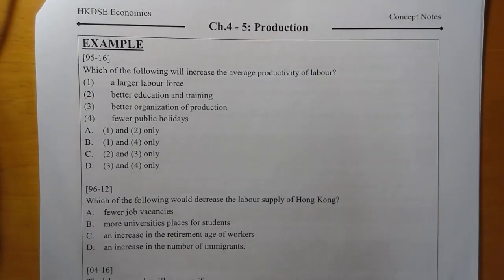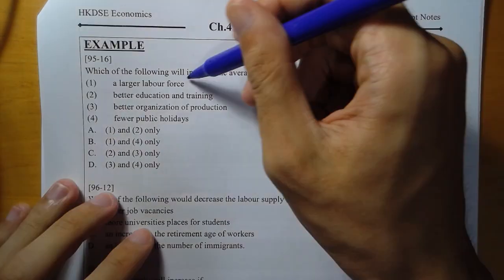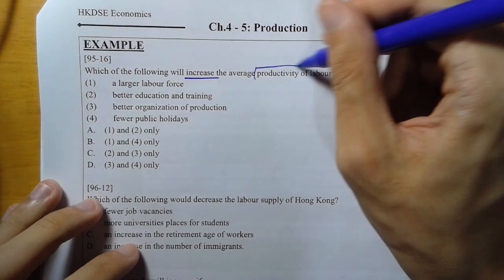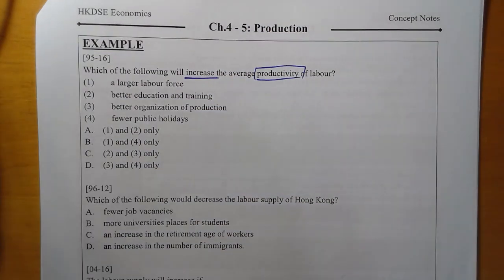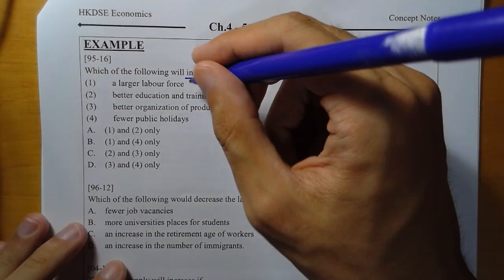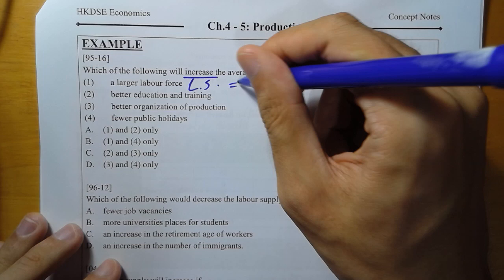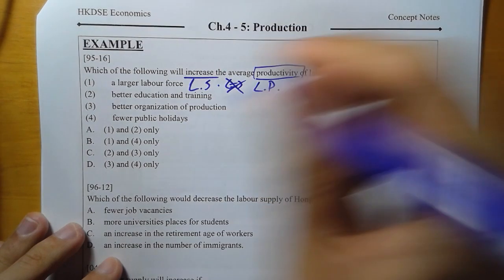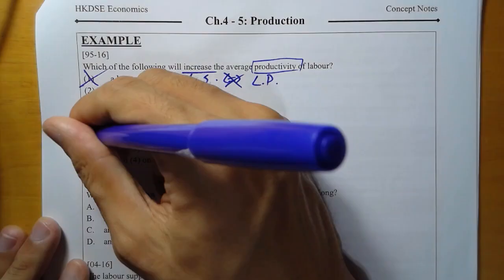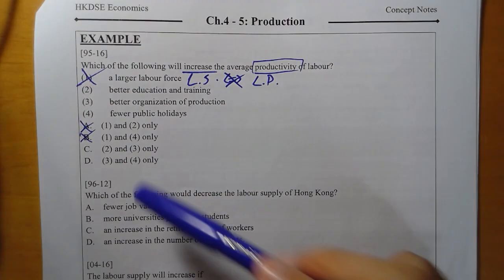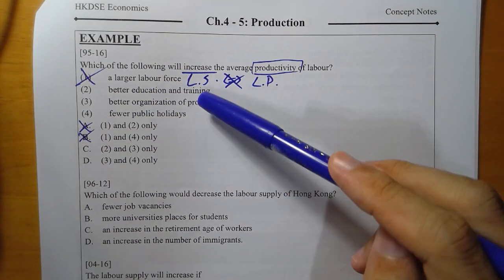Here, the example. Which of the following would increase? We need to increase productivity. First one, larger labor force. I just said this one is labor supply. We have no relationship with labor productivity. So one is incorrect. 好啦，睇其實睇2同4啫，3一定啱啦。